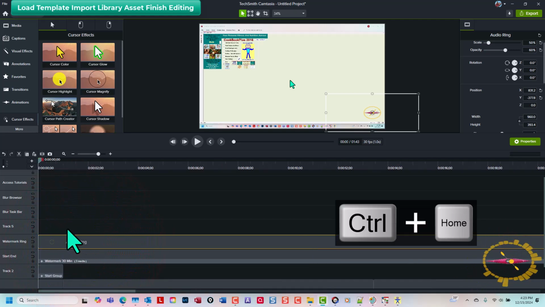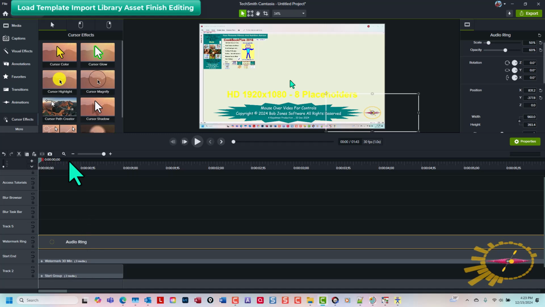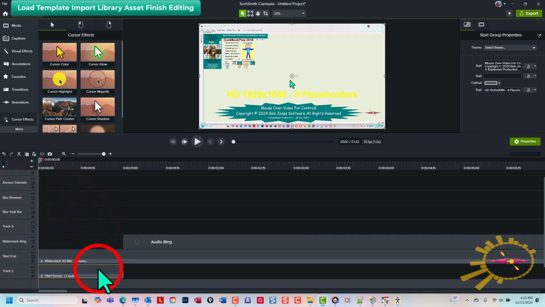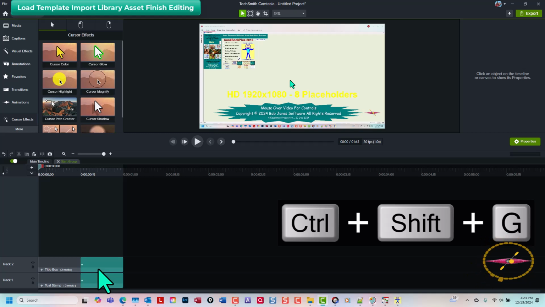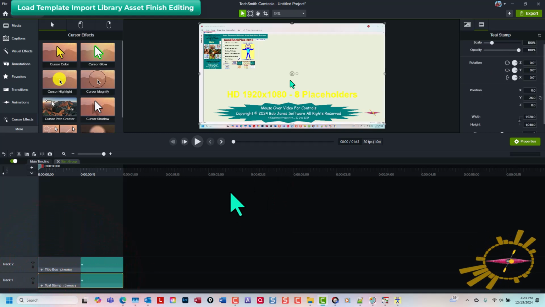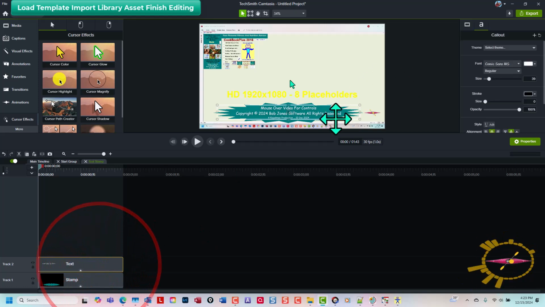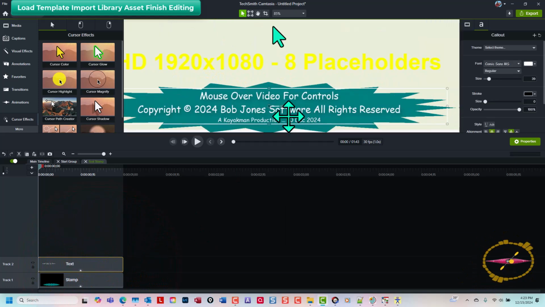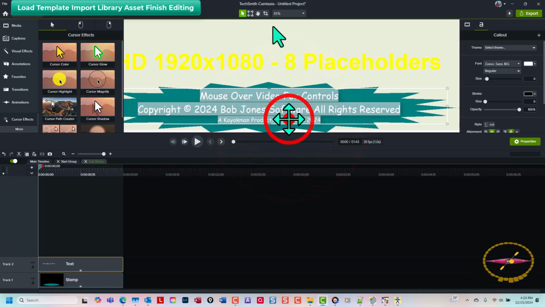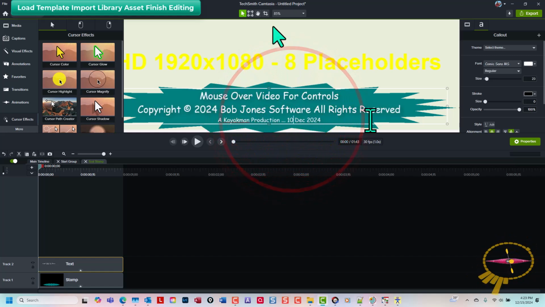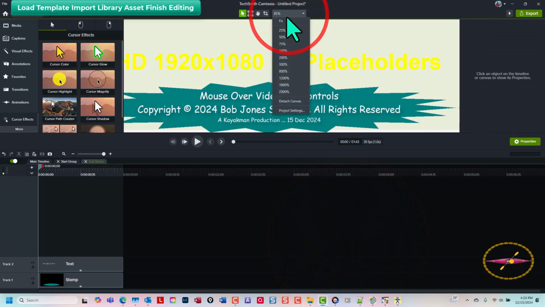Let's go Control-Shift-9. I like to have the audio ring not start to show until the end of the start group here. And then I need to edit this, so it's Control-Shift-G to open it. There's a stamp here I've got, Control-Shift-G. Select it, and I'll update the date today, and that's the 15th. And fit that,